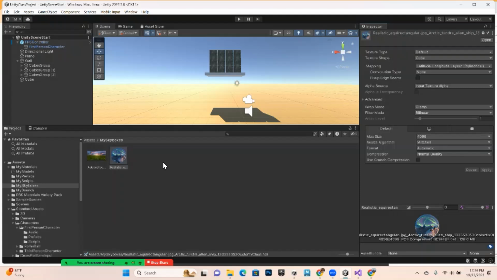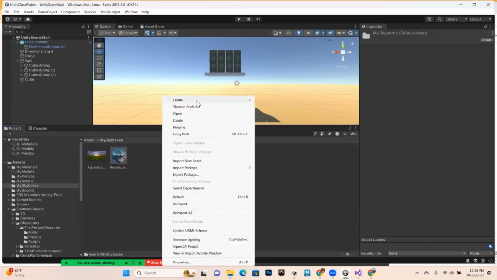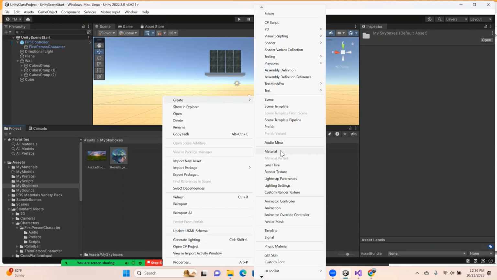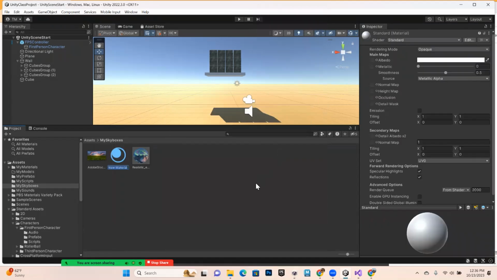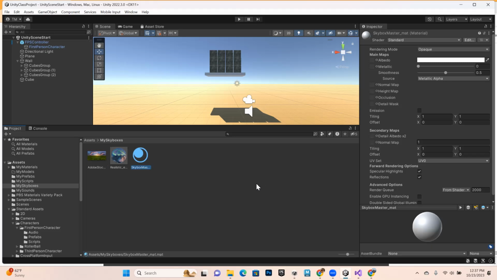So again, in here, I'll right click, create material, and I'll call it... this material I might use for any skybox that I want to use on this project. So I might call it a generic name like Skybox Master or something like that. Or just Skybox underscore MAT, but yeah, Skybox Master, I'll leave it at that. And